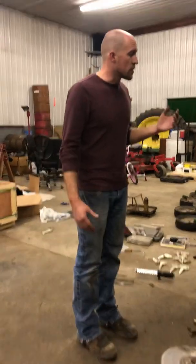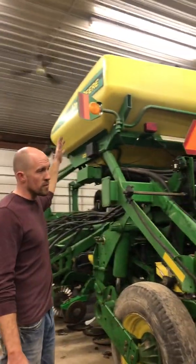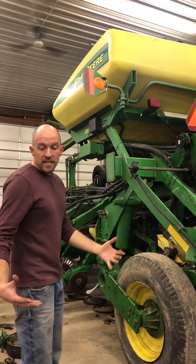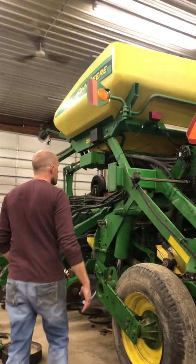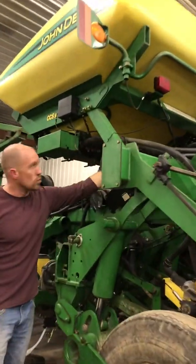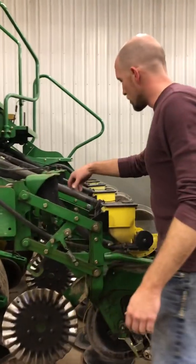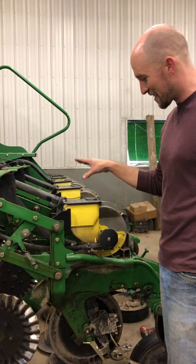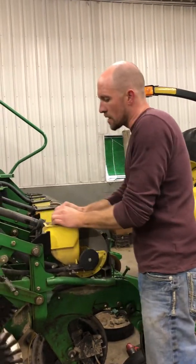But to get started on our soybean planter, these big tanks hold 50 bushels of soybeans. When we buy our seed, it comes in big boxes. We put a box in each one, and there are separate tubes that go to each row. So you're going to see there's a tube here and a tube here. One is blowing and one is sucking, okay? So you open this up,